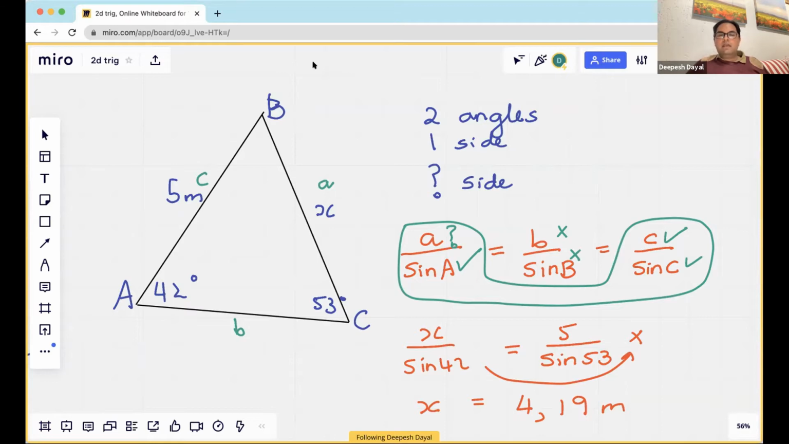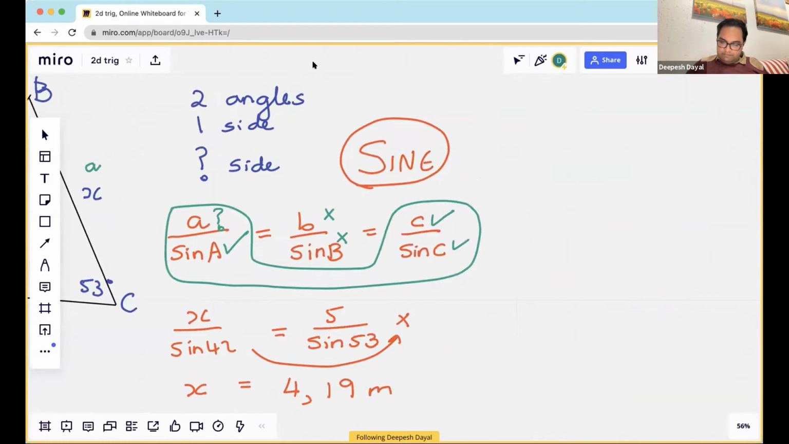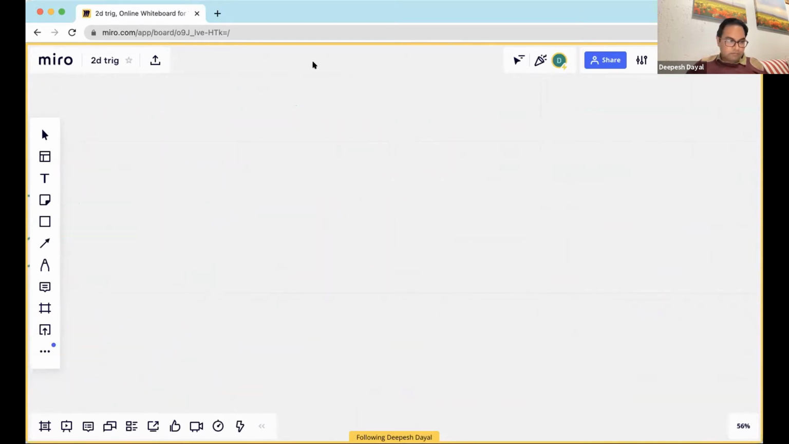Okay, right. I'm going to move on to another scenario with the sine rule. Remember, this was the sine rule. Let's try this one. So I'm going to try one where we're looking for a missing angle. So we've got here